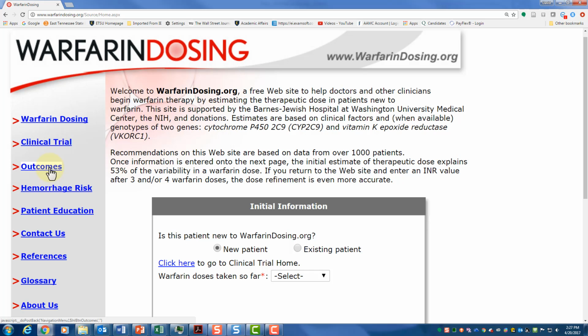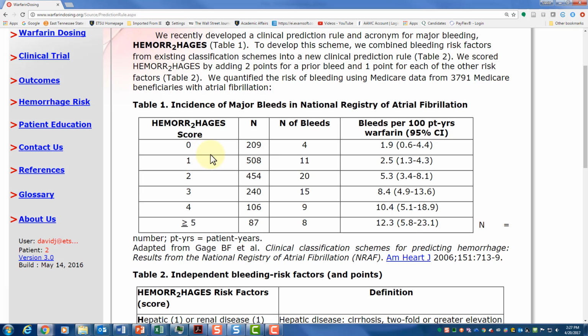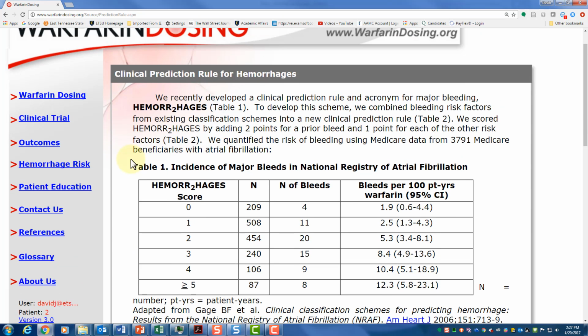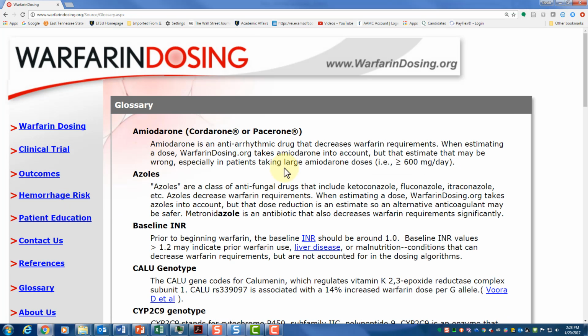You can also look at outcomes. You can look at hemorrhage risk. Interestingly, you can see how as the INR goes up, hemorrhage risk goes up. So one of the things you do with warfarin dosing, warfarin's an anticoagulant. You give it to patients to slow their clotting, but you don't want to slow it too much, or then they'll start bleeding. So hitting the right doses at the right place is very important. So here's a